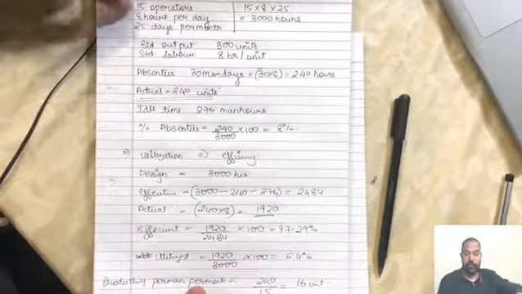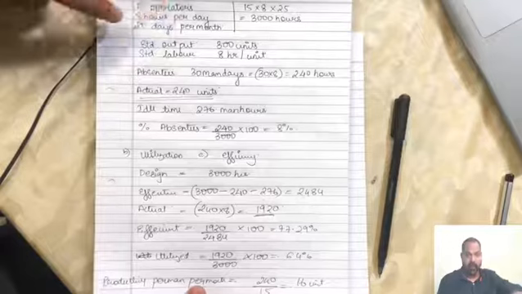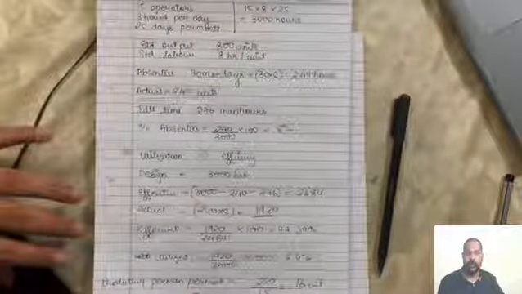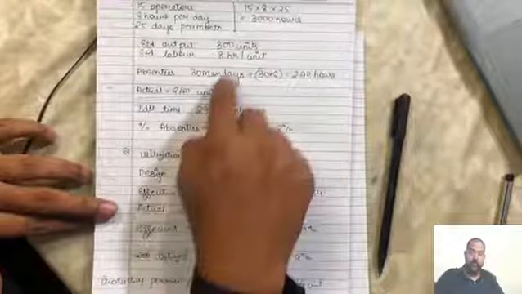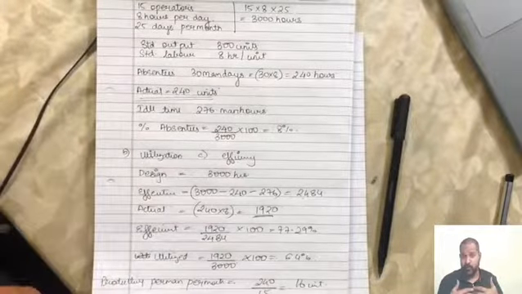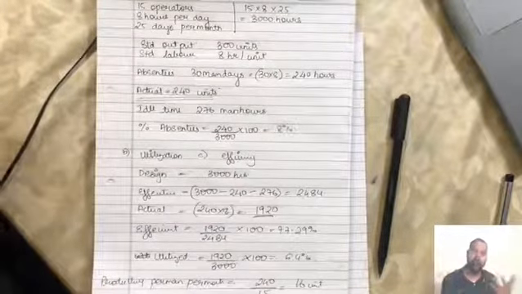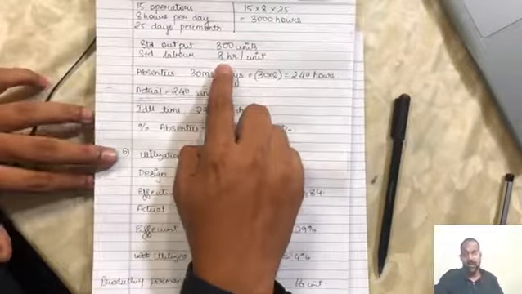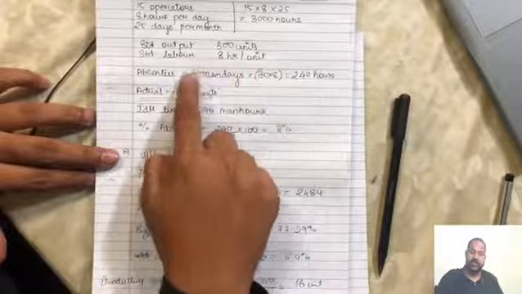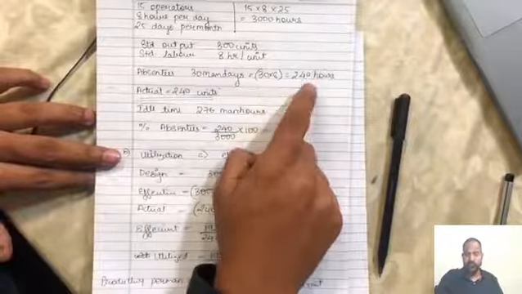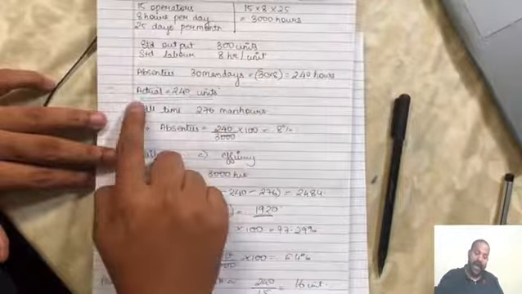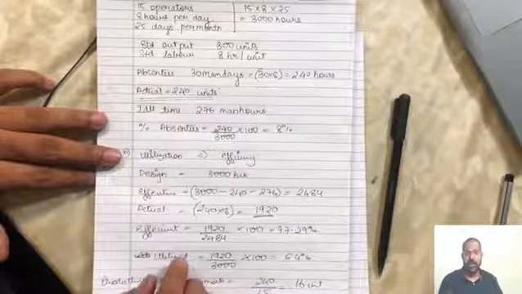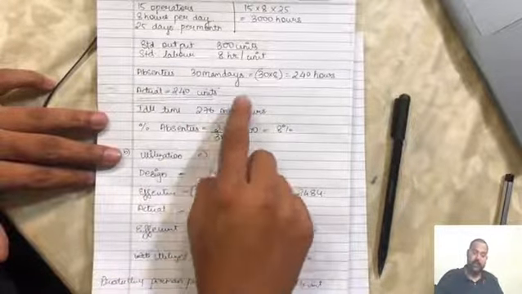15 operators working for 8 hours per day for 25 days a month is a total of 3000 hours that has to be clocked in. The standard output is 3300. It's okay. I'm not expecting you to give me a standard because you may not be working for those many hours every month. Standard labor is 8 hours per unit. Okay. Absentees 30 man days lost, which is 240 hours lost. Actual output is 240 units and idle time is 276 hours. Percentage idle is